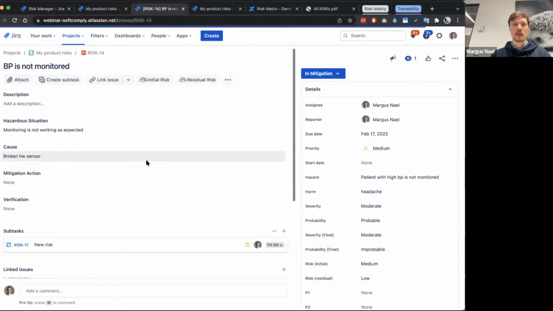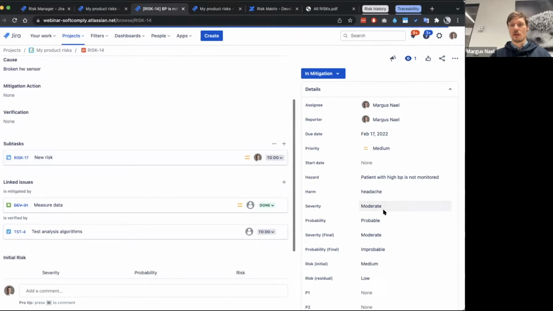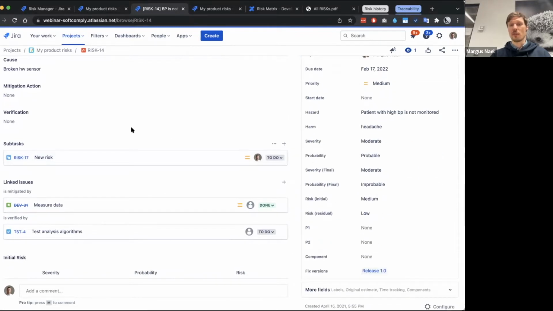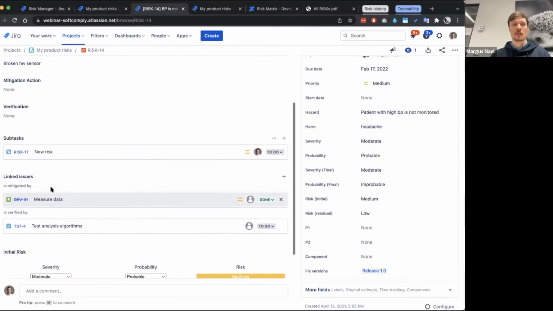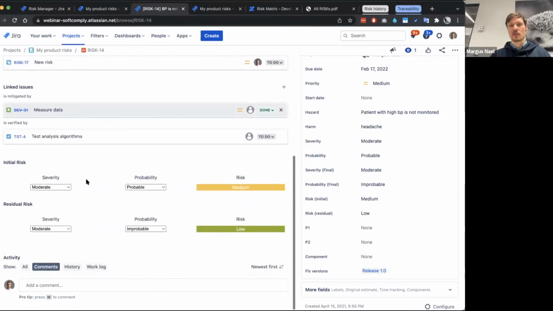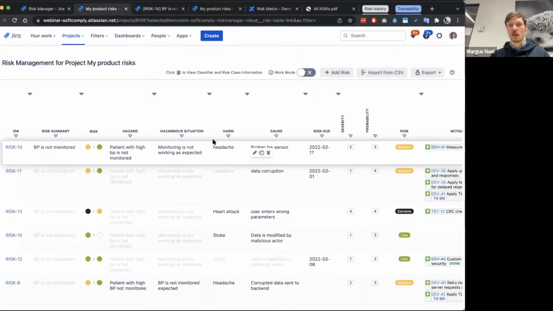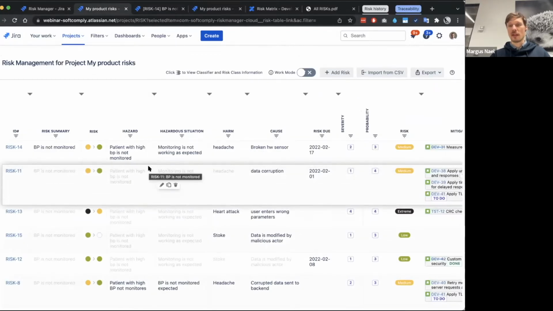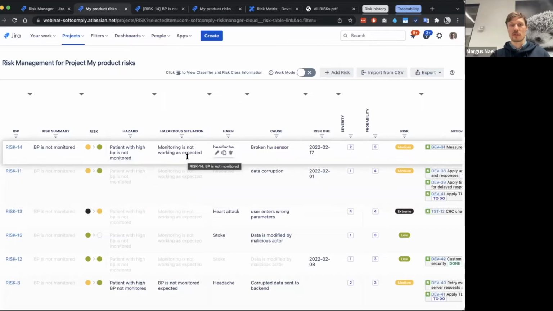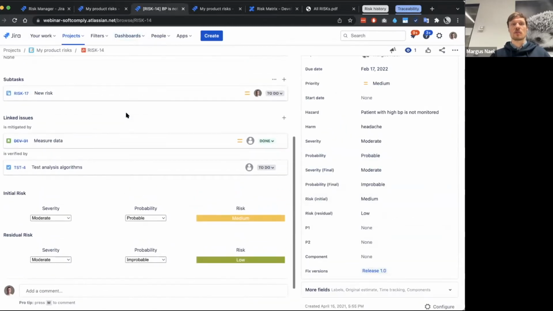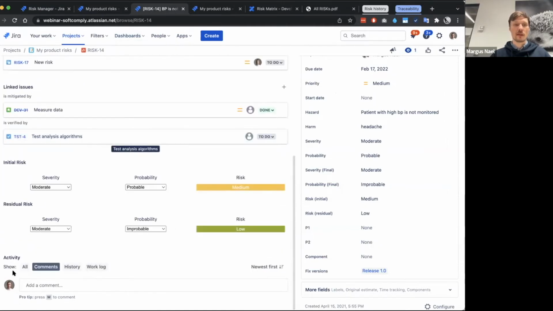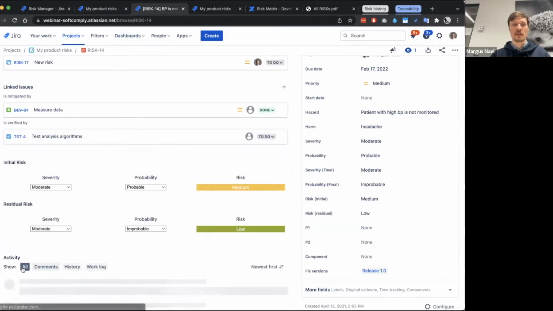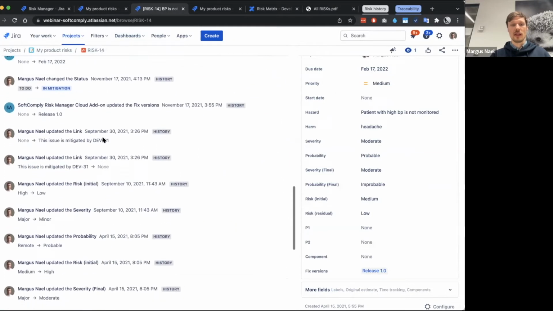So if we are opening one Jira issue in a separate view, then we can see all the same data, actually what we are seeing in a table, and even more. Plus we have those risk panels and traceability links all accessible from here. In table, we can easily see more data and work with multiple risks, but sometimes this Jira issue view is required also just to get into more details,